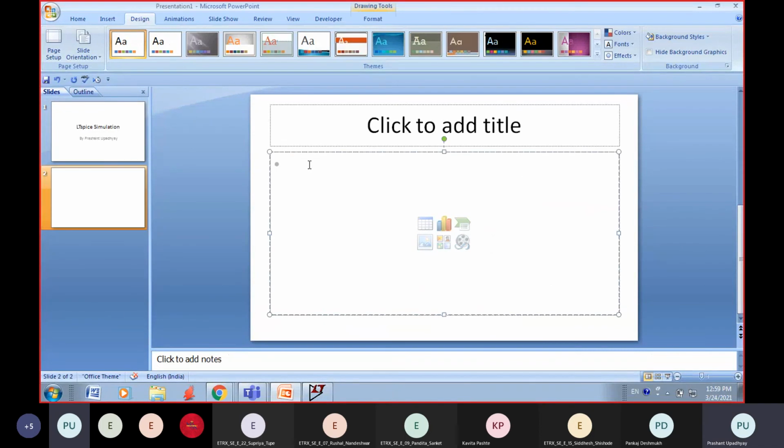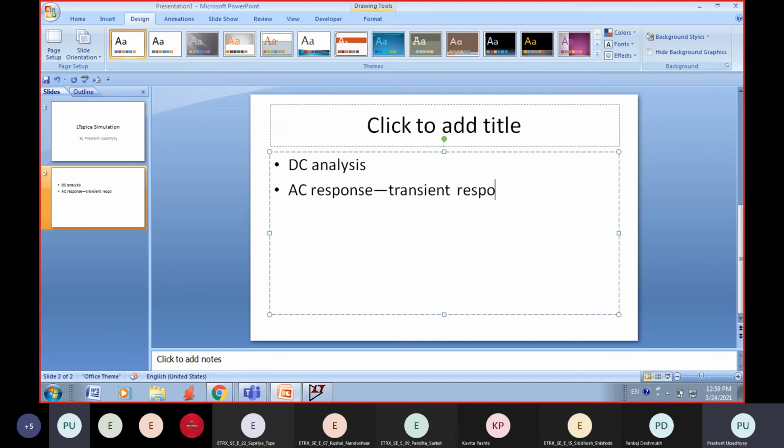We have done DC analysis, and then we have done transient response, which in your book you call AC response, but in LTspice we call it transient analysis. The next thing is what in books you call frequency response, but in LTspice you call AC analysis.